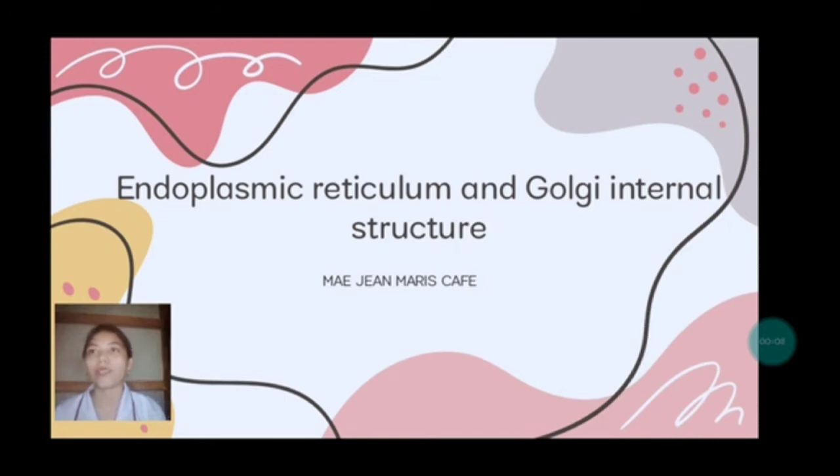So what is the endoplasmic reticulum? The endoplasmic reticulum, or ER, which are organelles found in eukaryotes, contain flattened membranous sacs internally connected with each other. These sacs are tube-like structures which are called cisternae.